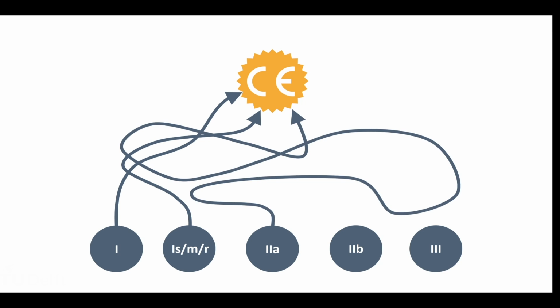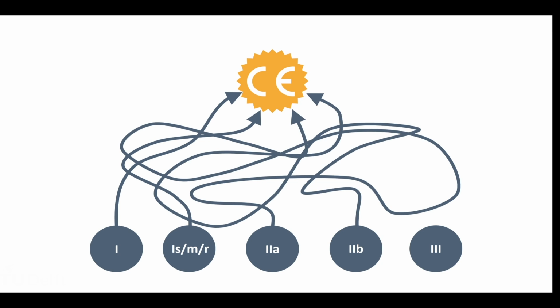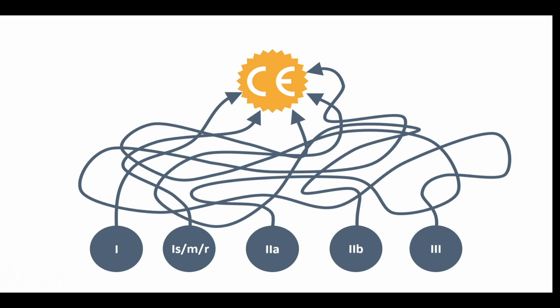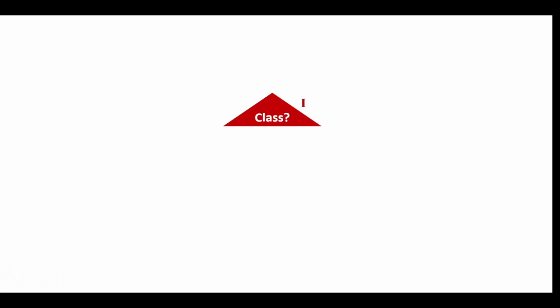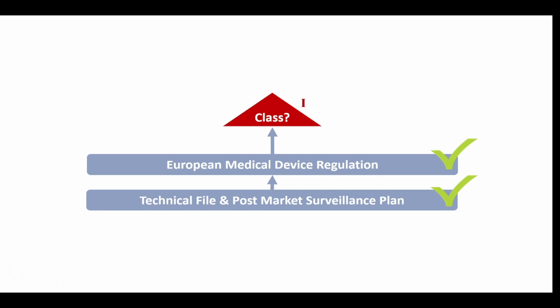Now, depending on the class of the medical device, the manufacturer has to take various steps to show compliance with the MDR, and these become more extensive for higher class devices. In this video, we only briefly touch upon the steps required for CE marking a Class 1 device. The steps for CE marking higher class devices and the details of these steps are discussed in other parts of this course. For a Class 1 device, the manufacturer must first show that the device conforms with the MDR.